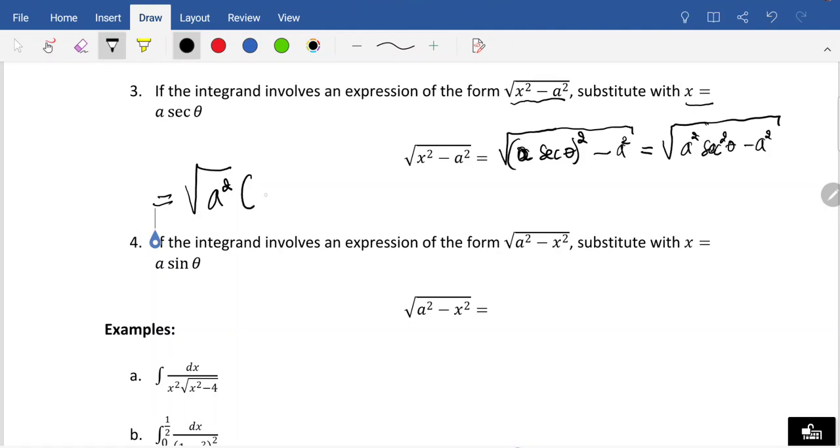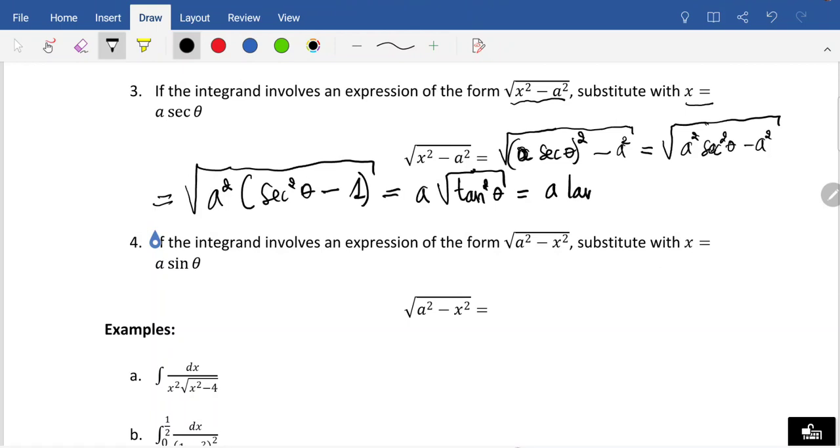So we have a squared multiplied into sec squared theta minus 1, again all under the square root sign, and this can be further simplified to be a multiplied into the square root of, we know from our identities that sec squared minus 1 is just tan squared, so we have a multiplied by the square root of tan squared of theta,